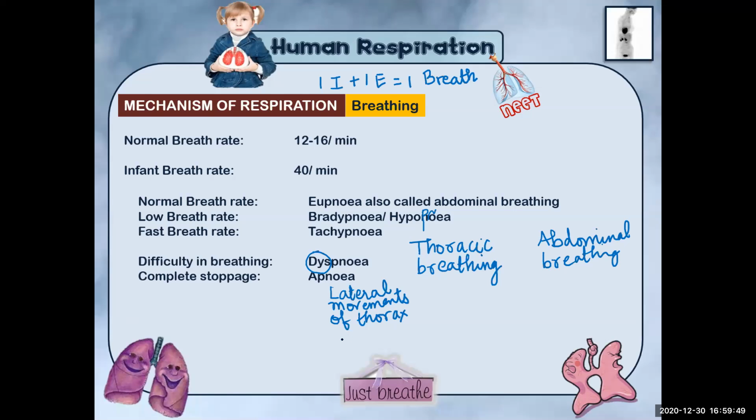And abdominal movements. जब मैं किसी को ब्रीथ करते देखता हूं तो मुझे दो मूवमेंट्स दिखाई देती है, लैटरल मूवमेंट्स ऑफ द थोरैक्स एंड एब्डोमिनल मूवमेंट्स. अगर किसी के ब्रीदिंग में मुझे ज्यादा थोरैसिक मूवमेंट और कम एब्डोमिनल मूवमेंट दिखेगा तो उसको मैं बोलूंगा दिस पर्सन हैज थोरैसिक ब्रीदिंग. और किसी में एब्डोमिनल मूवमेंट्स का इन्वॉल्वमेंट ज्यादा है एंड थोरैसिक का कम है, तो देन वी विल कॉल दिस एज एब्डोमिनल ब्रीदिंग. ओके